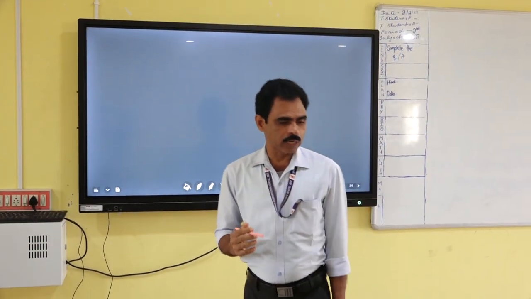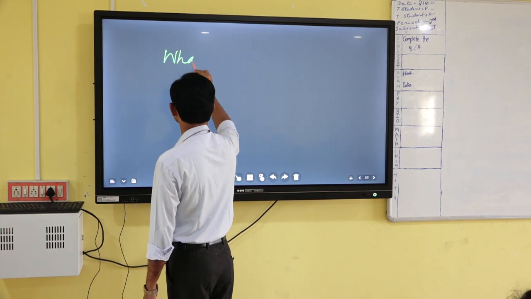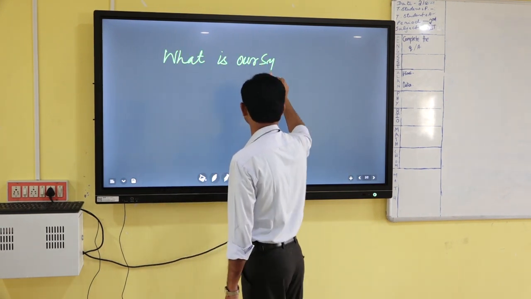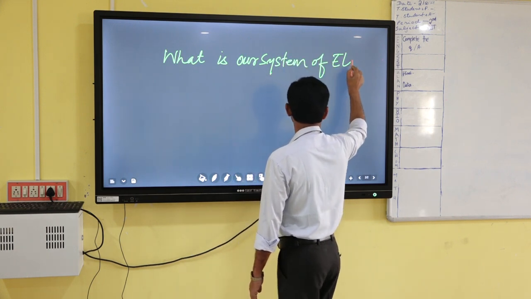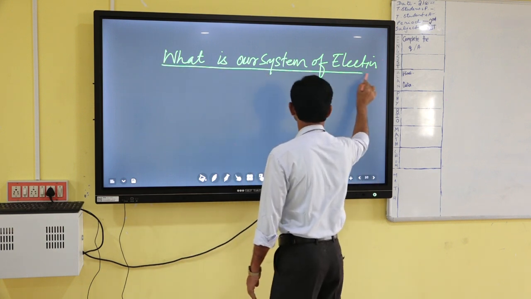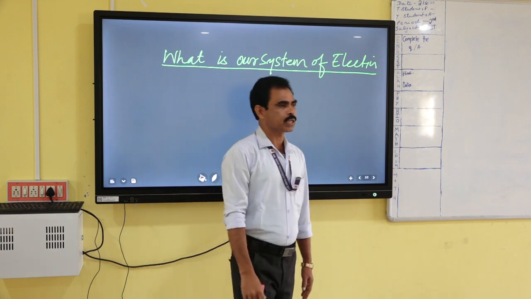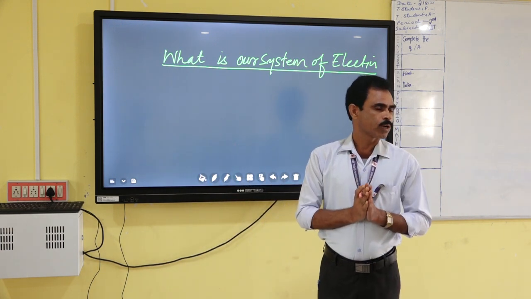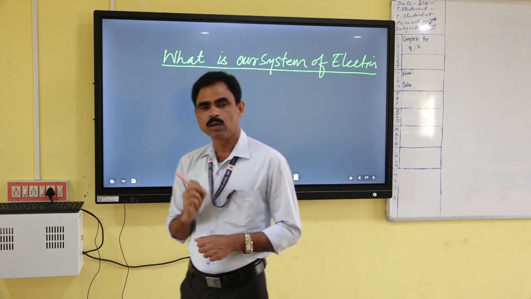So we will start. What is our system of election in India? So here we will see that elections are carried out after every 5 years for the Lok Sabha